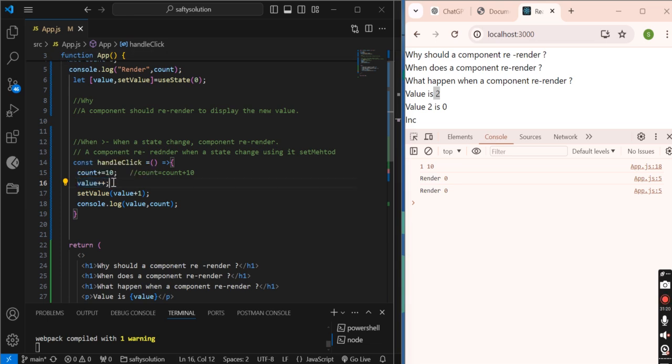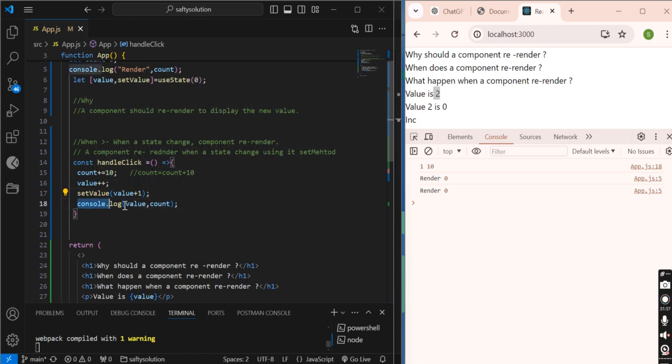So from 0 it became 1, and now since it became 1, and 1 plus 1 is 2, it will not immediately re-render. It will re-render only when it has finished the execution of this method.